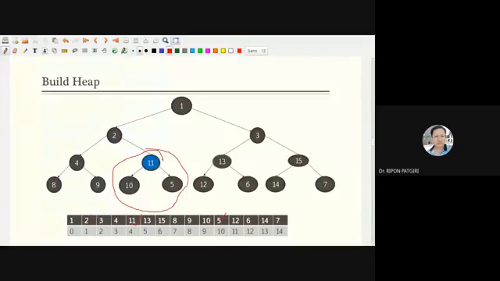In the max heap property, the parent is the largest, so that's why it is a max heap. In the next slide, we will check which one is the largest: 9, 8, 4. So 9 is the largest. We will swap, exchange 4 and 9. Here 9 will come and here 4 will come. In the next slide, we have swapped: 9 has come and 4 has come here.